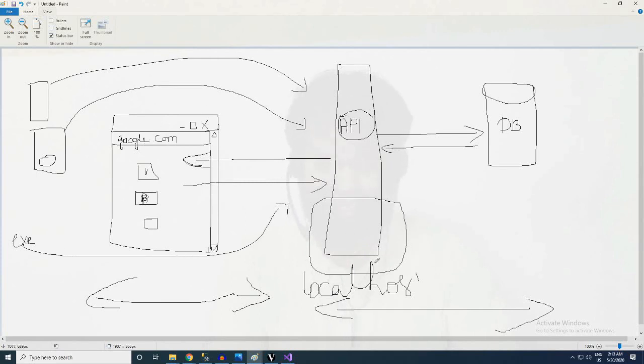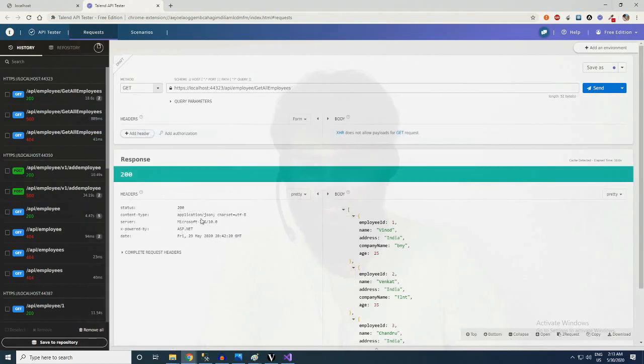So by writing a single API, we can access it using multiple mobile devices also. There is no need for our mobile application to directly contact our database. Write once, and this can be sent to multiple devices. That's the benefit of a REST API.